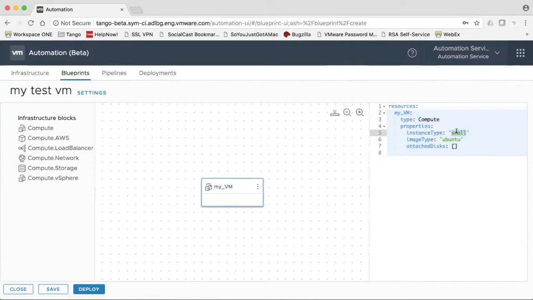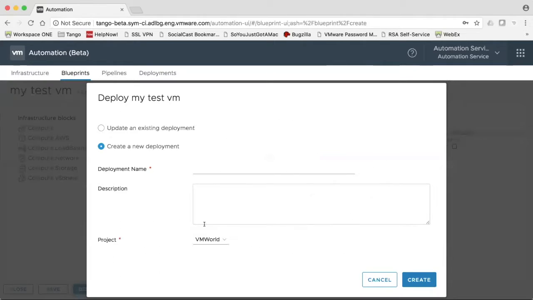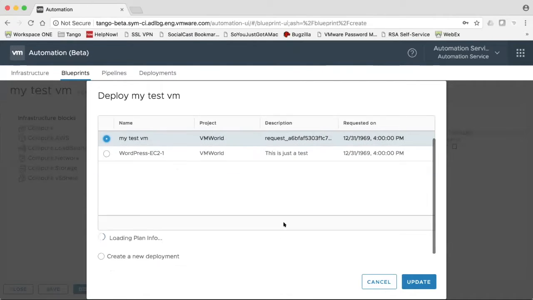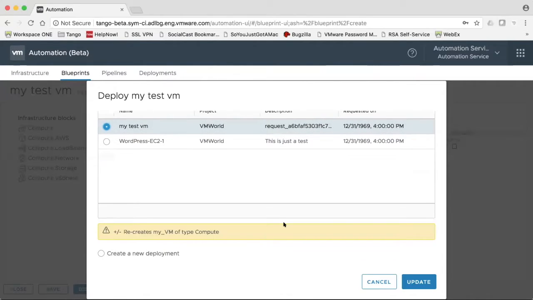Now, let's say I want to make a change. I want to change this to Medium. I changed my mind, and I want to now deploy this one. And so a very important capability and a departure from our VRA today is the fact that you can update an existing deployment, right? So the moment I said, go ahead and change my test VM, which was small, what